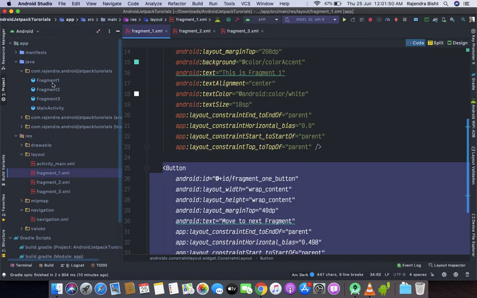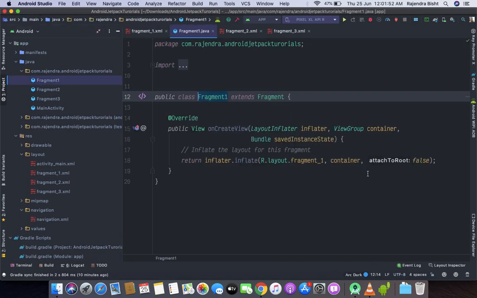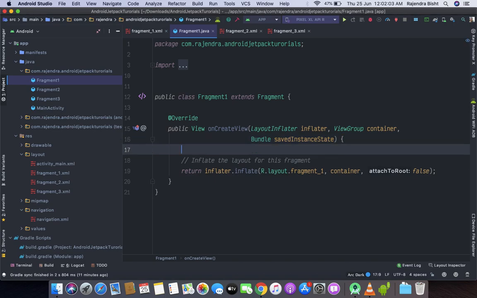Now go to the Java file of the fragment. Here first of all we will initialize the button.